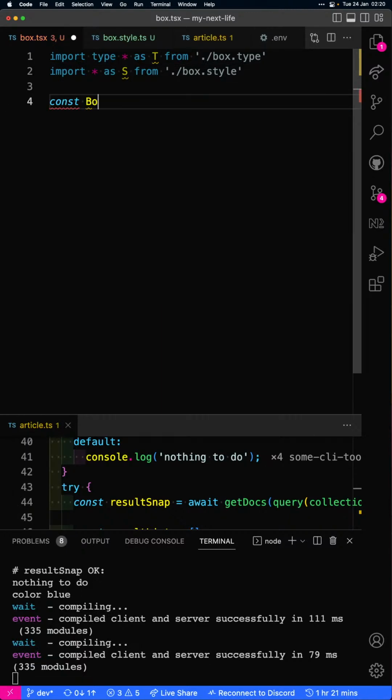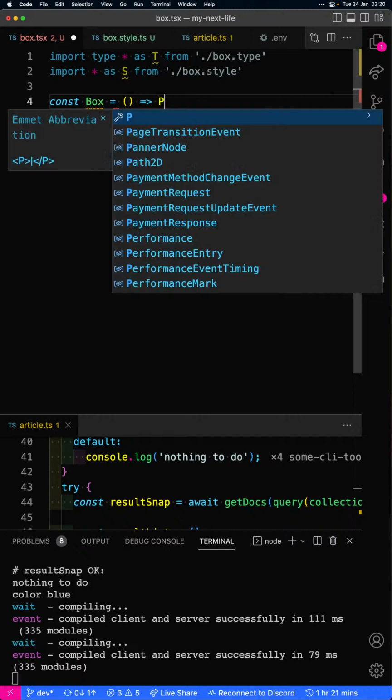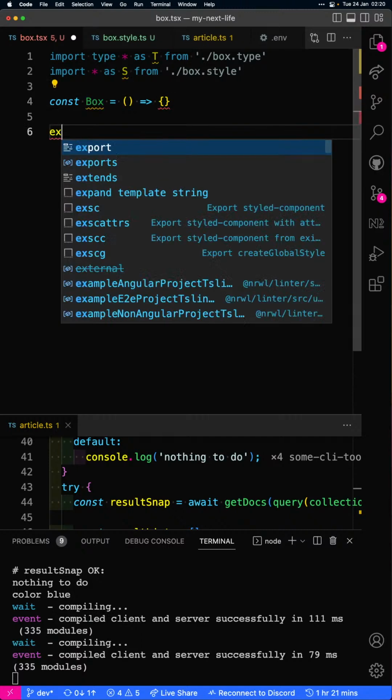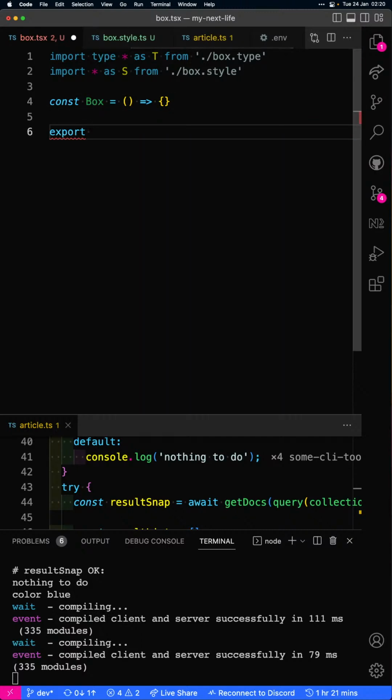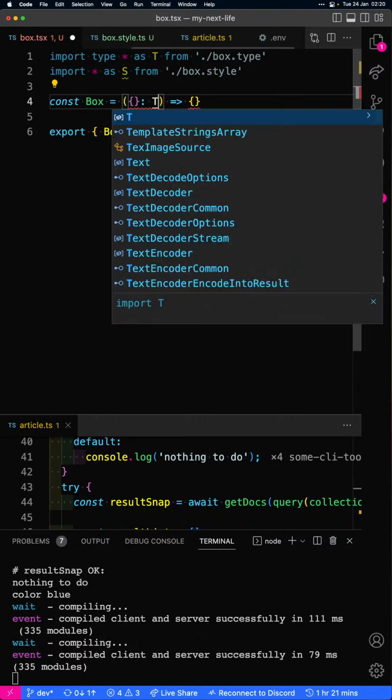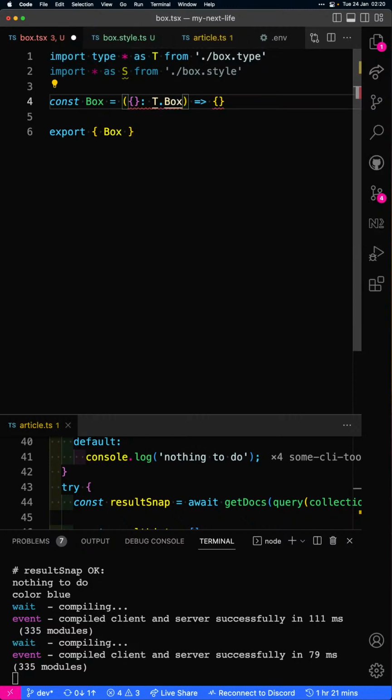Const Box is a function component. Export Box. Then Box is gonna receive some properties, and the type is of type Box. It's gonna return